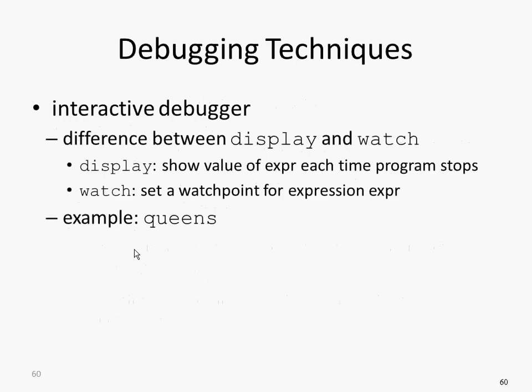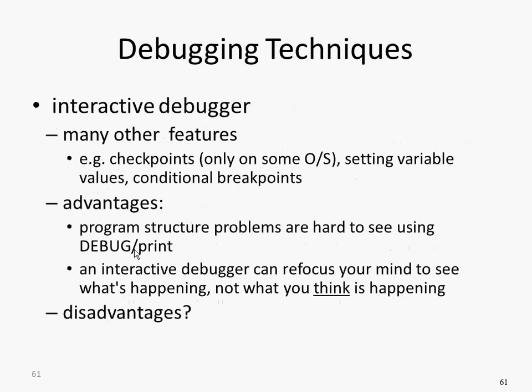Okay, you've seen at least display within your labs. Display basically will show the value of some expression every time the program stops. And watch sets a watchpoint. It allows you to have the program stop if an expression, for example, changes or acquires some value. And we can set conditional breakpoints that conceptually combine the features of those two. So these interactive debuggers are very helpful for exploring